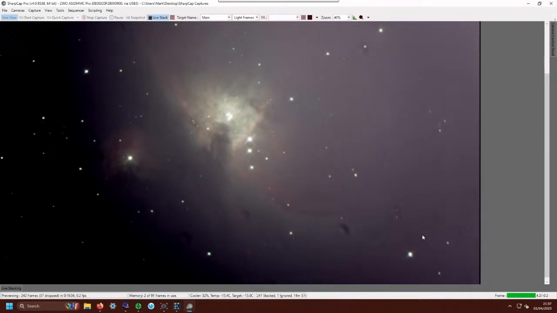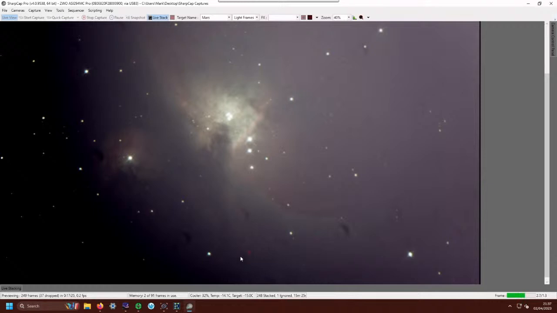Okay, we've got a couple of choices actually. We can carry on just stacking here and see how this develops, or we could try another target. Not far from this one is a very well-known nebula known as the Horsehead Nebula. The red star, I think, is probably a fault on the sensor of my camera, if you're talking about this thing down here in the middle at the bottom,